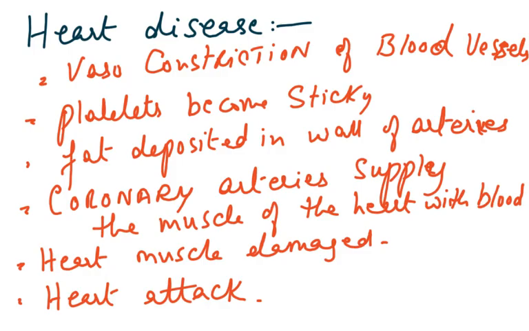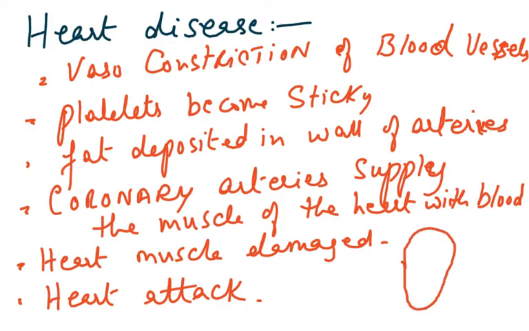Now coming to the next disease, which is heart disease. How does smoking contribute to heart disease? There is vasoconstriction of the blood vessels because of the nicotine and other chemicals in cigarette smoke. Platelets become sticky and fat is deposited in the wall of the arteries. When this happens in the coronary arteries, which supply the muscle of the heart, you see the heart wall is made up of a muscle which is called myocardium. That needs a blood supply as well because the cells are living. So when the coronary arteries get blocked,